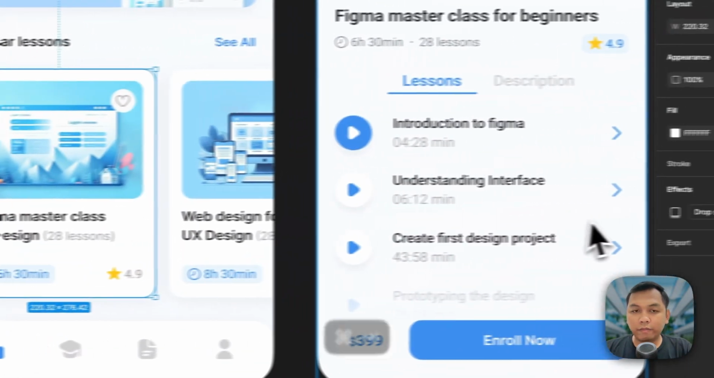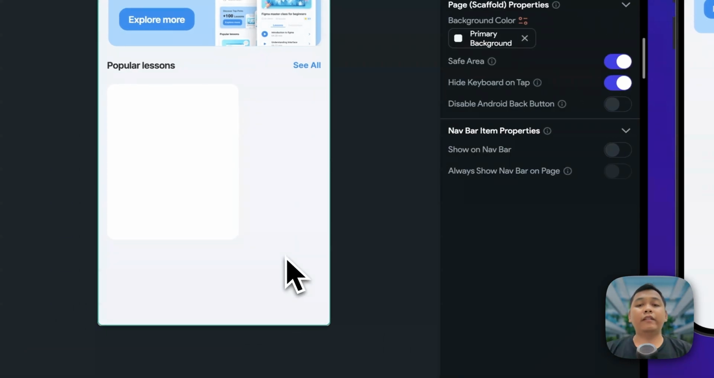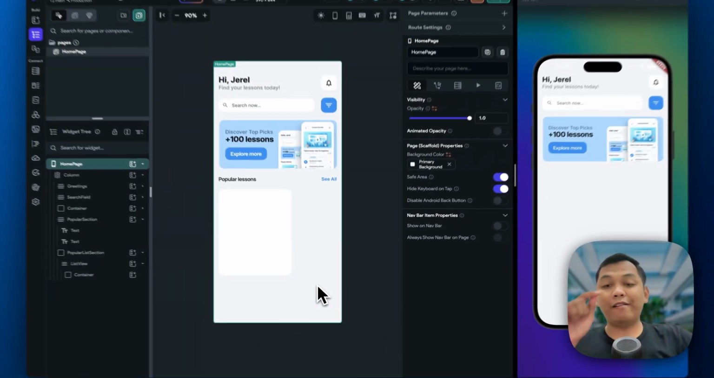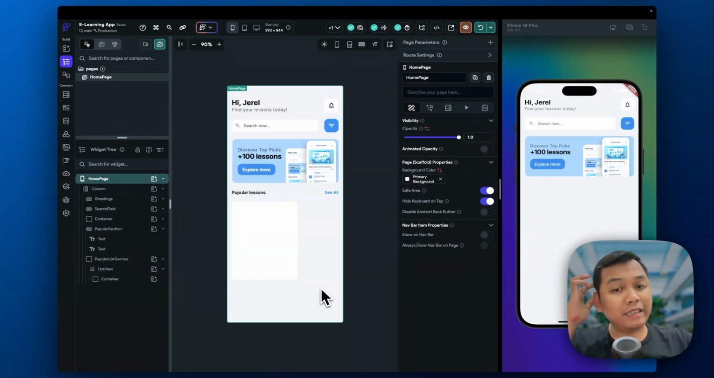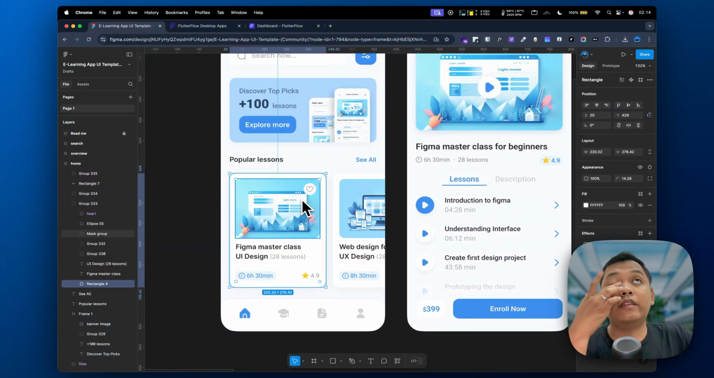The rectangle will be white. Alright, we will have something like the place for our item. And next, as you can see here, it's kind of like